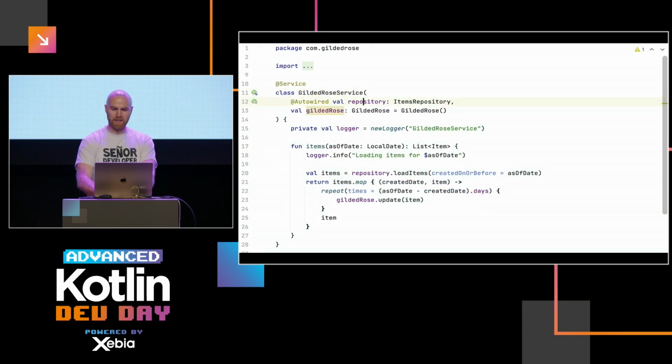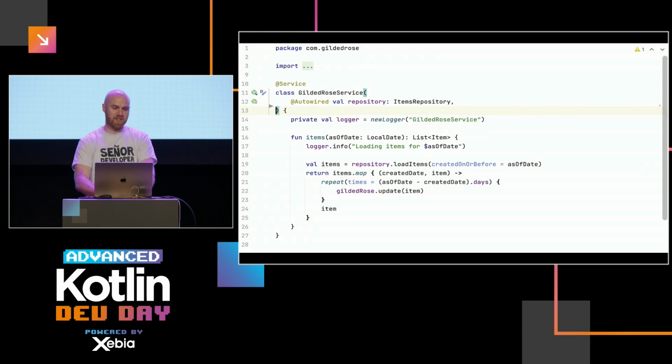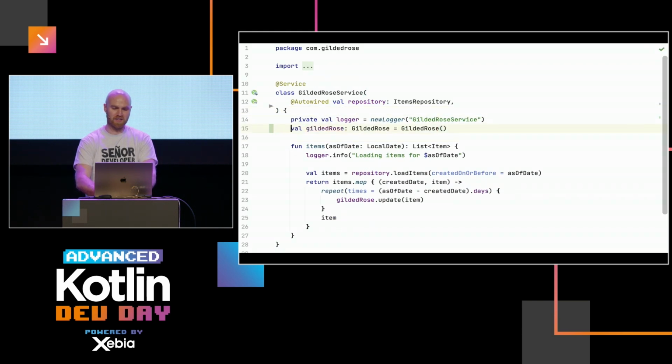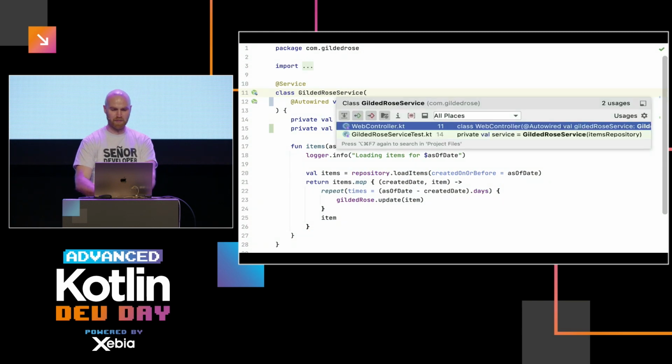So now if we look at the GildedRows service, it's interesting, it complains that no beans of GildedRows found. I guess, if we never substituted it, we could move it into here just to get rid of the warning and do something like that. This is fine. Then, out of symmetry, we moved Spring out of the test, we want to do the same in WebController, the other usage in production.